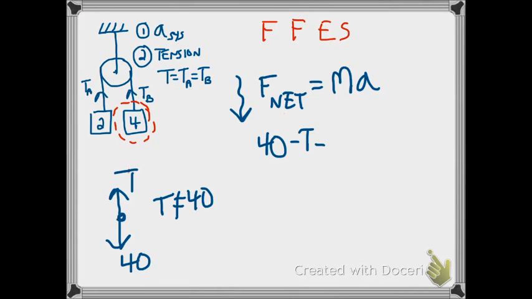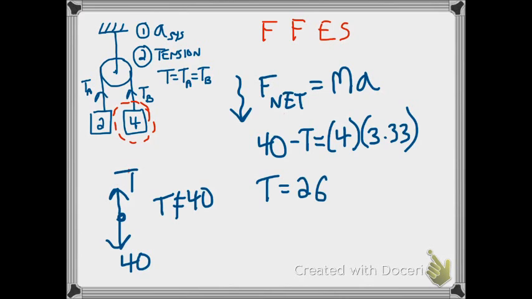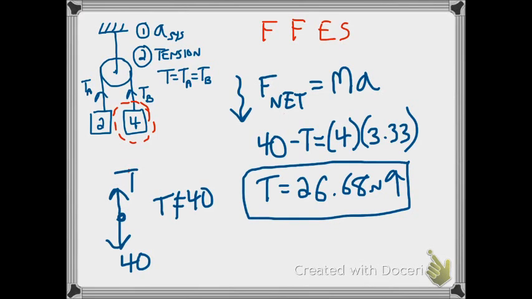So this time when we do F net, we say 40 minus the tension equals the mass 4 times the acceleration, which we've already solved to find. It's 3.33. And the tension is going to then be 26.68 newtons in the up direction. And that makes sense because the difference between the tension and the 40 is what's